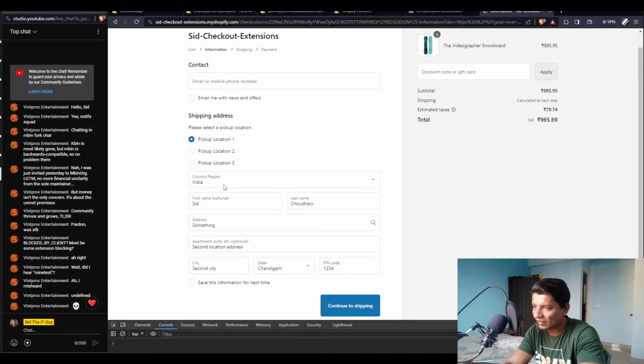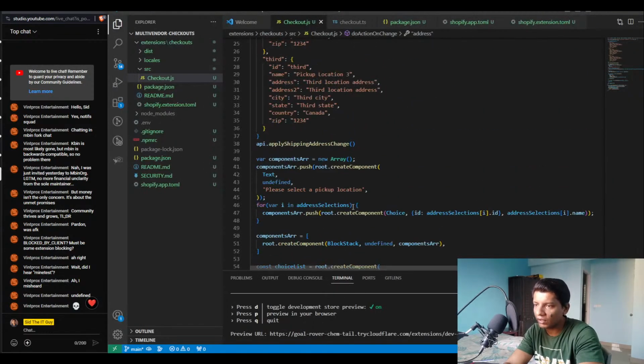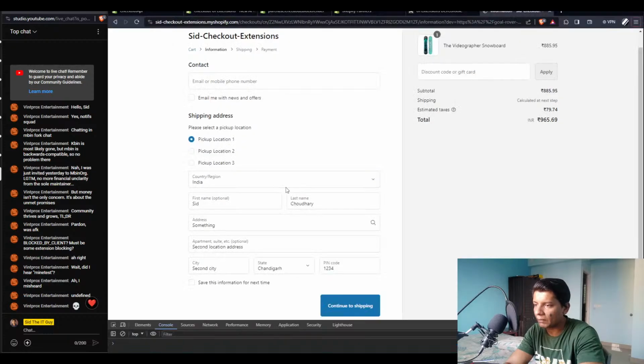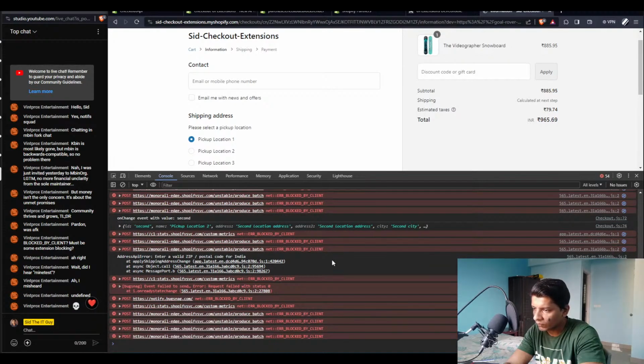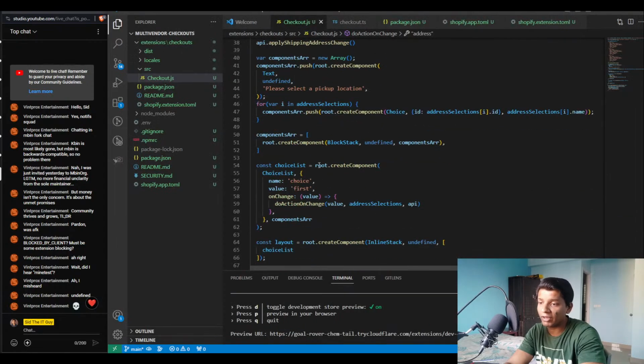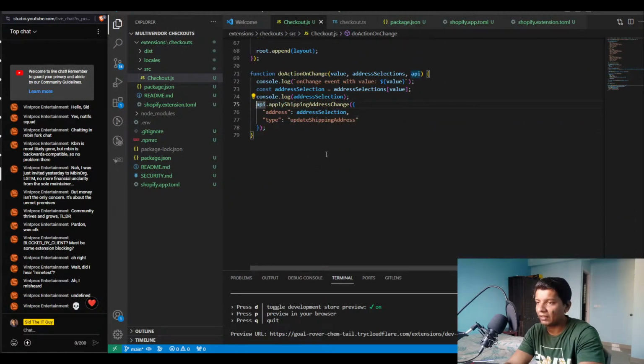Country, region, I don't think so. Country, I passed Canada. Enter a valid zip postal code for India. Ooh, okay, so the pin codes have to be valid. Okay, nice. Okay, so constant result equals this, and if I do